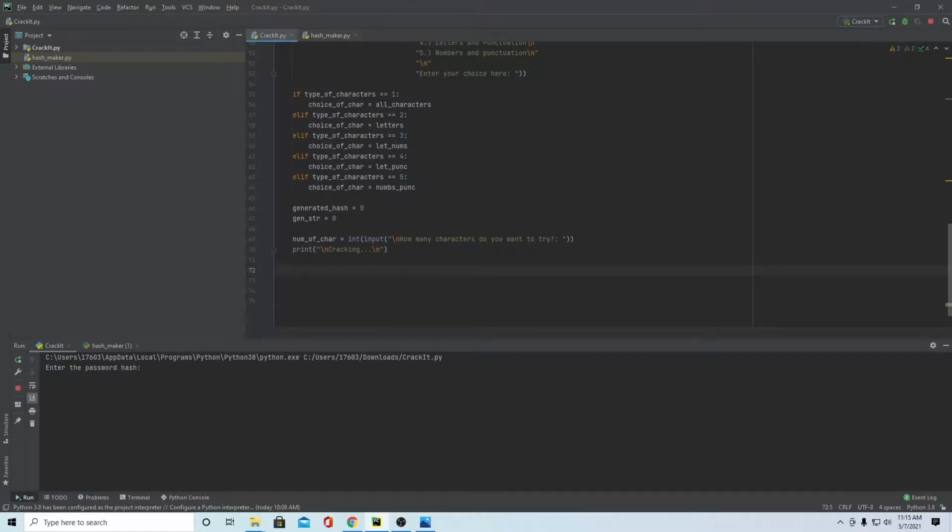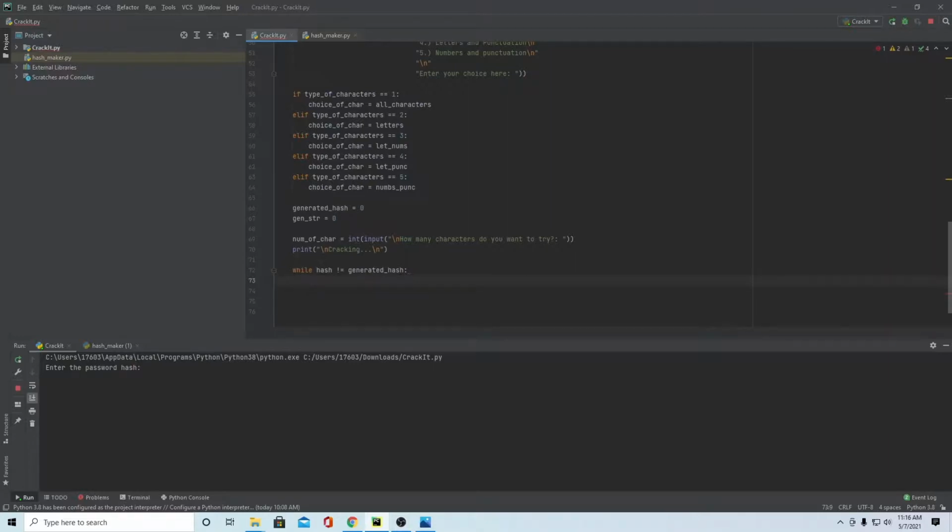Now we're gonna use a while loop to say while hash is not equal to our generated hash. This is the hash that the user entered, and this is one of the hashes that we constantly generate for our password. So while hash is not equal to generated hash, we'll say